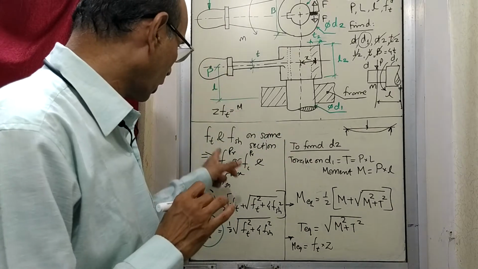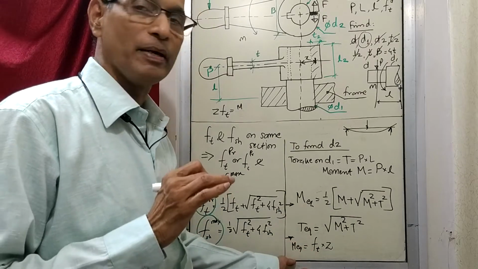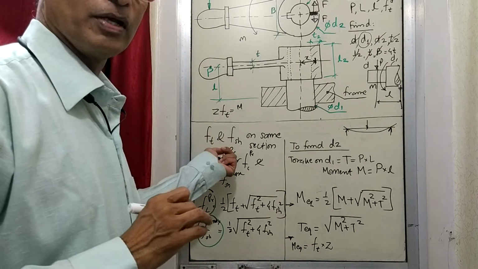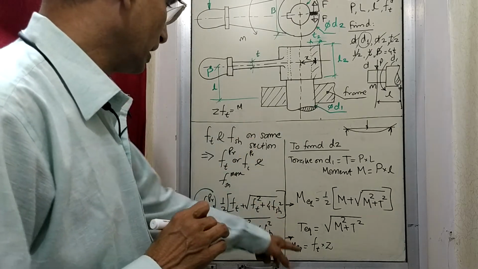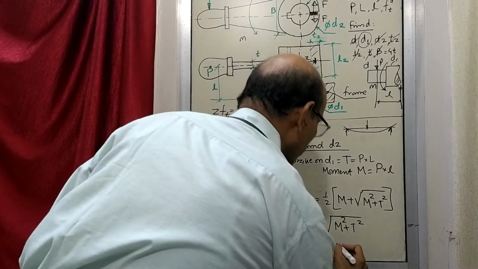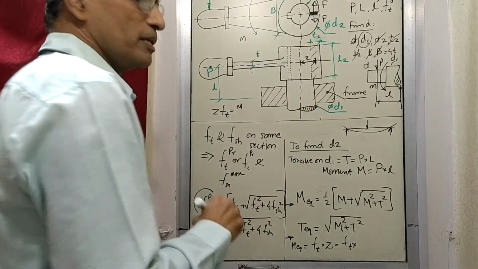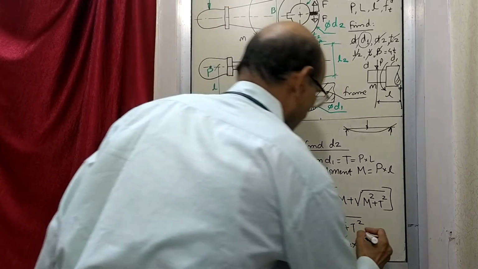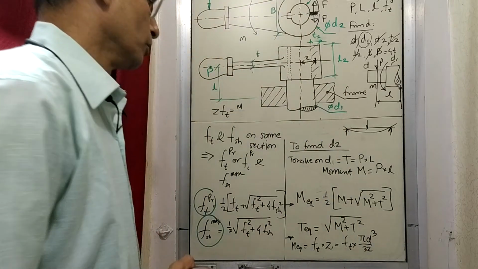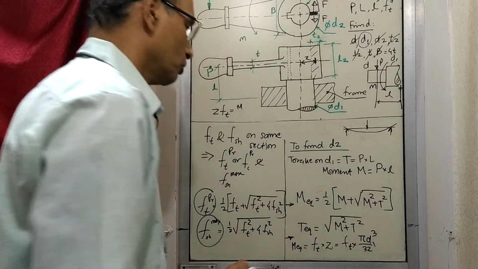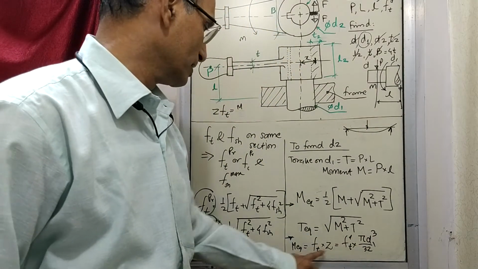Because we have already taken into account them together by this formula and found out ME. So the moment you have found out ME and now you are using ME, that means we have taken into account the combination and we have taken into account the principal stresses. So now M equal to Ft into Z, and what is Z for this section? For this section it is pi d1 cube by 32. So pi d1 cube by 32 into Ft design is M equivalent.